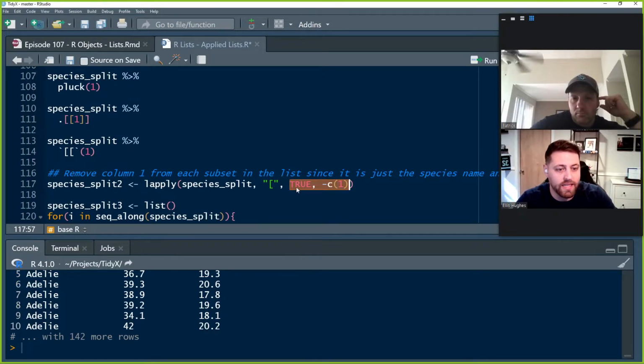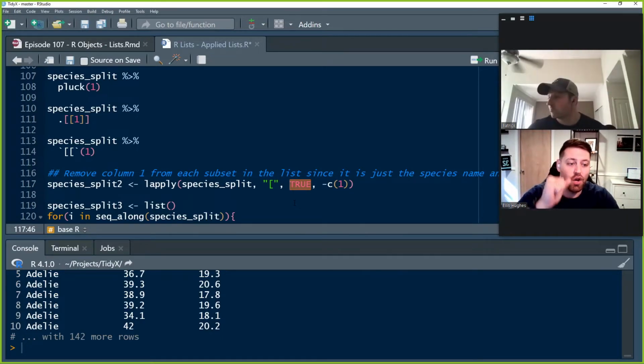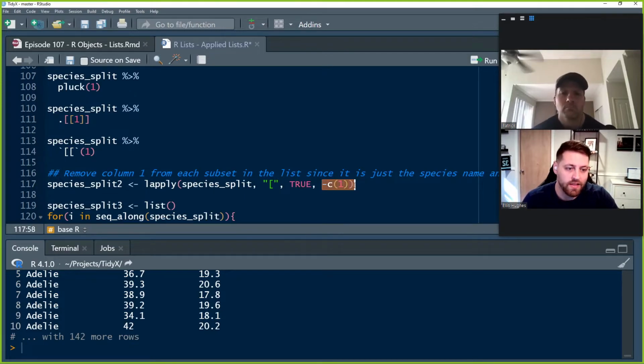By using just TRUE, that is going to go into the first argument of the square brace, and if the first argument is just set to TRUE, that's going to select all the rows. And then the second argument here is saying that I want to remove the first column,